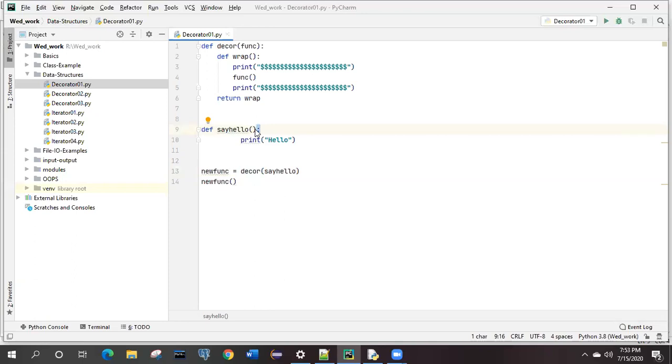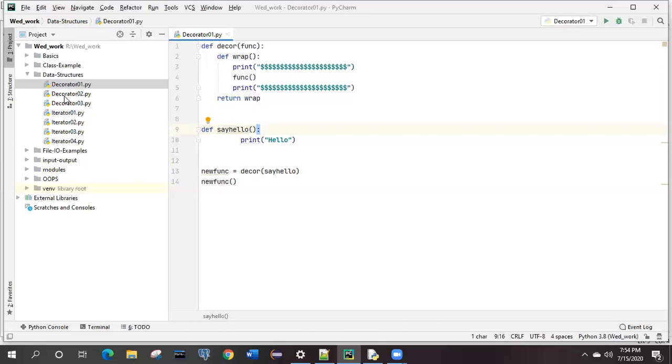Suppose there is a scenario where it takes some arguments to process and then should return the result to you. Take an example like addition or multiplication. If a function add is defined with a comma b and it returns a plus b, then how are we going to wrap that kind of function, and what changes do we have to make over there?